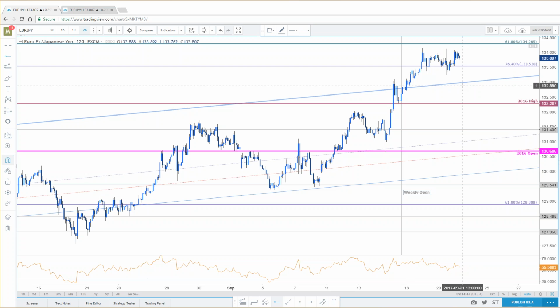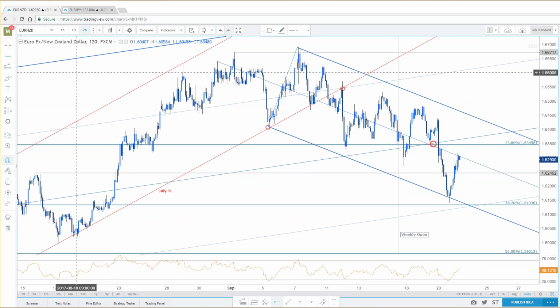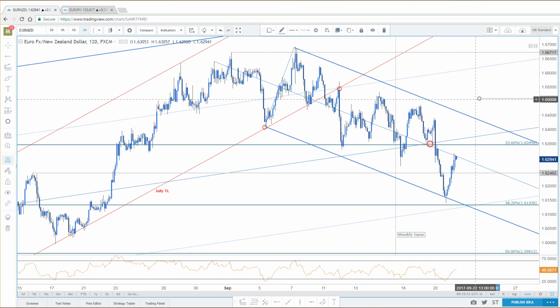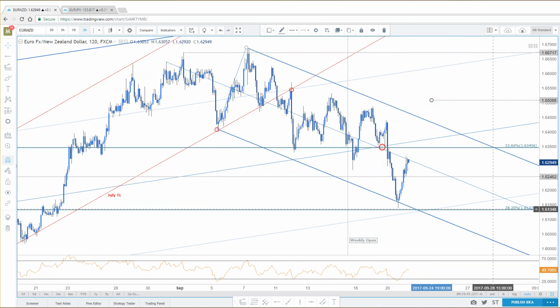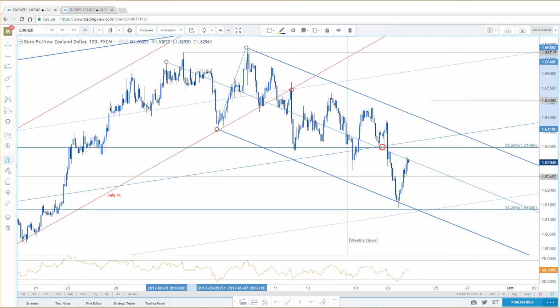Puja to make me do anything just yet on Euro Yen. Oh, you're talking about Euro Kiwi as well. Let me take a look at that. And I saw Rafa, your question on Pound Yen, so we'll go over that in a moment as well. I'm sorry, here's Euro Kiwi. You got me all excited about Euro Yen because I saw your Euro Kiwi and a Pound Yen question. So I guess it's late in the week and I'm mashing together my pairs. But here's Euro Kiwi. Yes, you are in your term median line resistance.